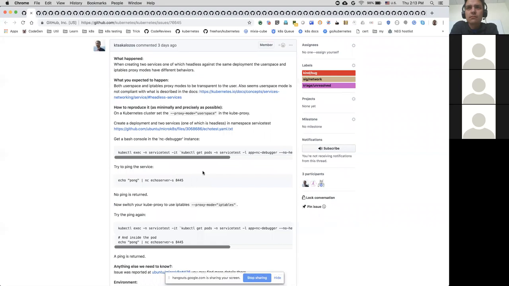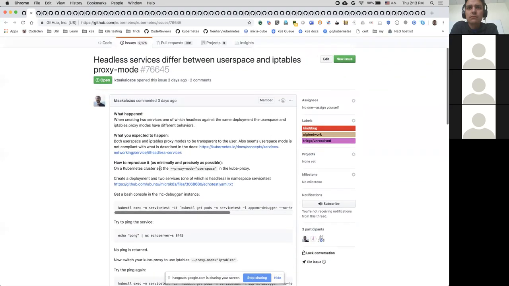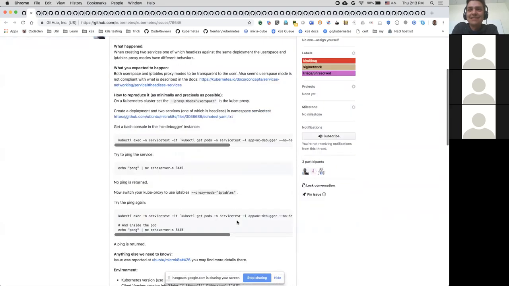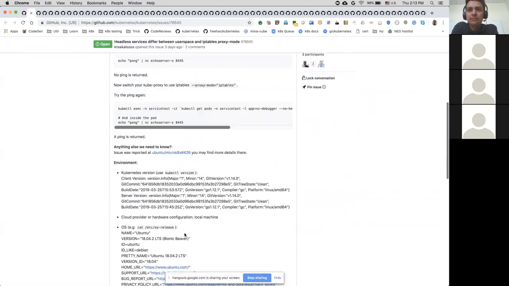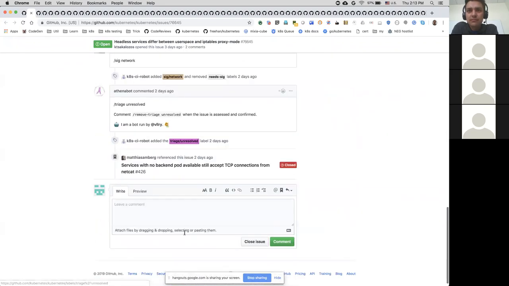I don't understand why proxies are involved with a headless service. That's a good point. So it should not work, right? I'd be astonished if anything happened with either implementation. It doesn't make any sense. Okay, let's ask.